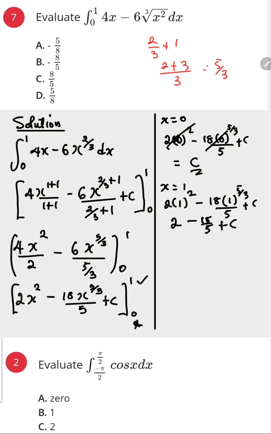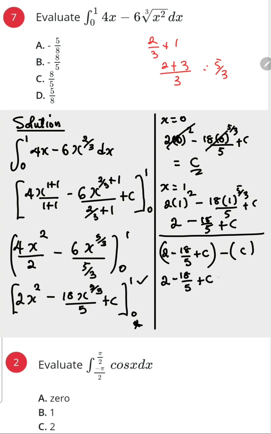But remember, we are going to do when it equals 1 minus when it equals 0. That is the upper limit minus the lower limit. So the upper limit in this case is, let me draw this line, 2 minus 18 over 5 plus c. Then we're going to subtract, when it equals 0 is just c. So this is going to be 2 minus 18 over 5, then plus c. Then here we're going to have minus c. So this will cancel out, and the final answer will just be 2 minus